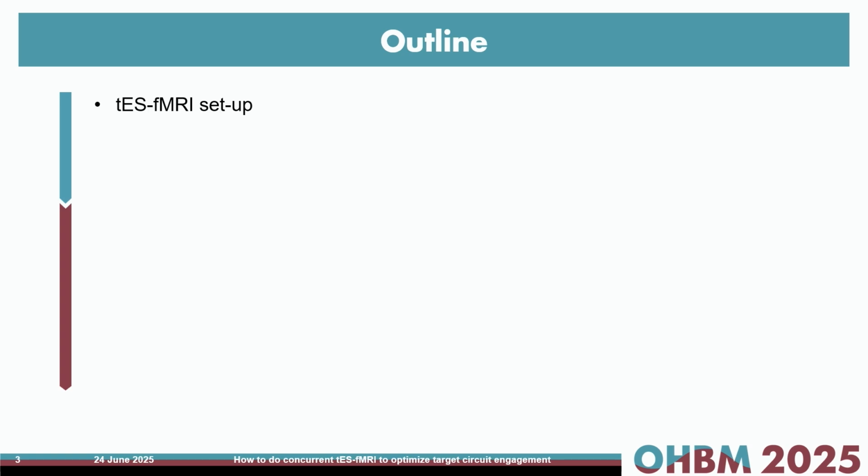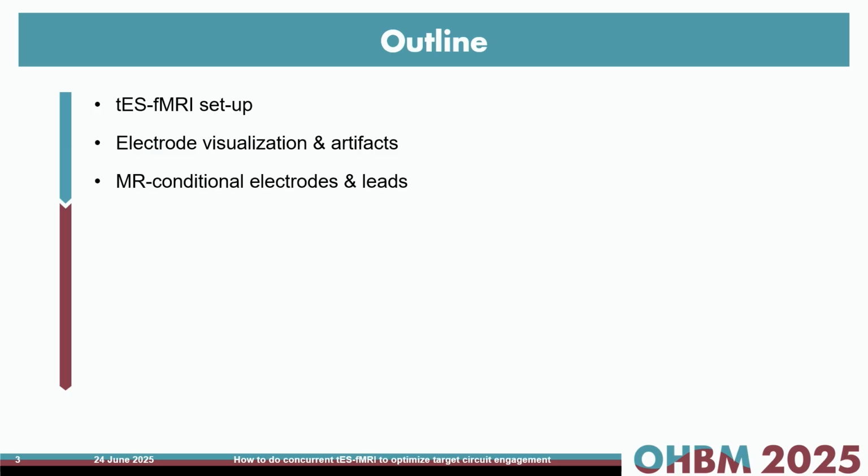I will start by showing you what a typical tES-fMRI setup looks like. And then I will convince you that your protocol should also include some scans for visualizing the electrodes and cables, because they can give you some artifacts, as we will see. Then I will explain what makes electrodes and their leads MR conditional or MR compatible, and why this is needed. And on the second half of the talk, I will focus on the main types of current-induced artifacts on